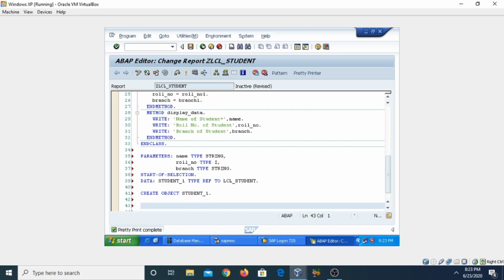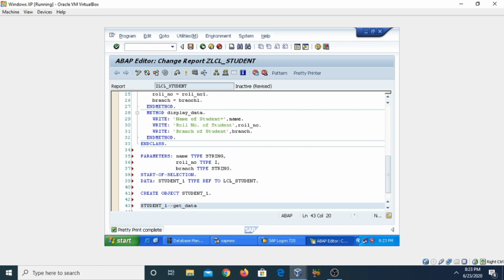Now if you want to access the method of a class, generally the instance methods we can access using the object of the class. So for calling the particular method, we use the object name student_1, then we use the component access operator, then the method name. In my case the method name we have taken is get_data.